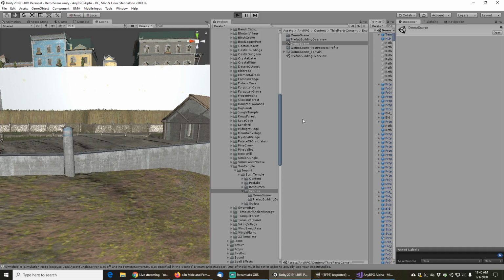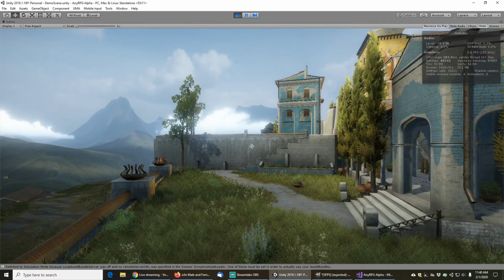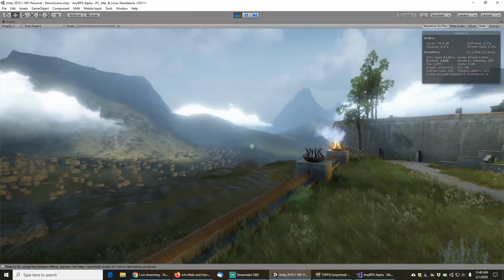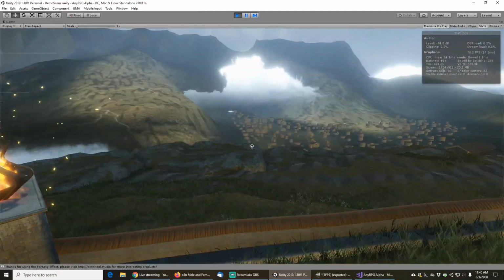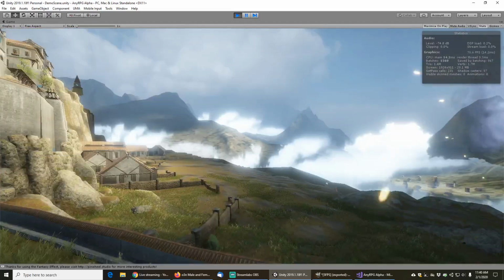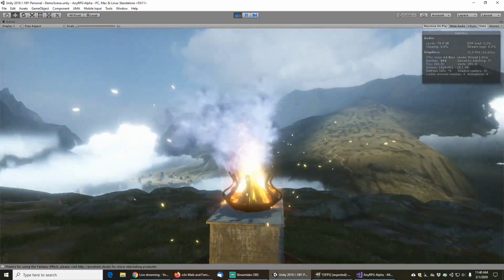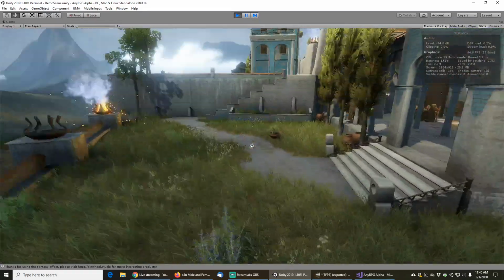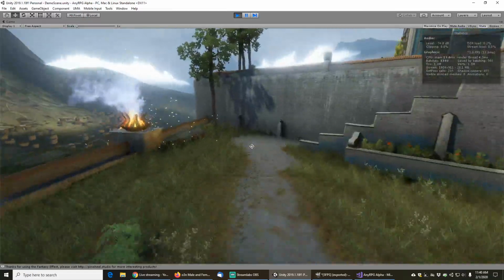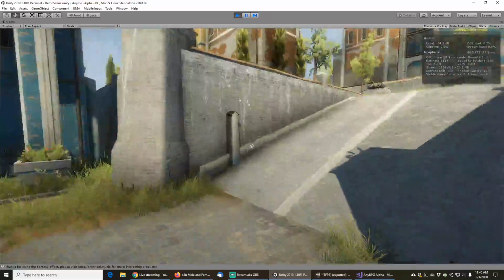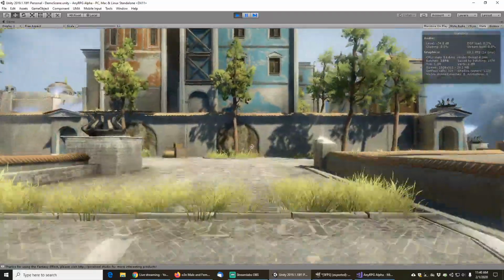Okay, here we go. So this is the Sun Temple as it is, out of the box when you just download it from the Unity Asset Store. It comes with this first-person controller here, and it actually looks really, really good. This just looks amazing, and we're getting 60 frames per second right now. So let's go take a walk up to the top of the Sun Temple, and we'll go into that